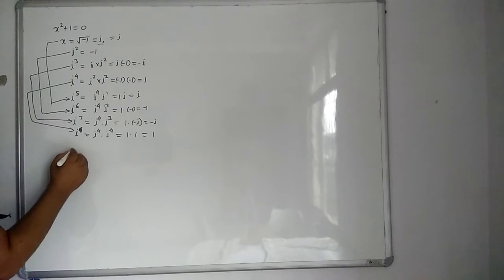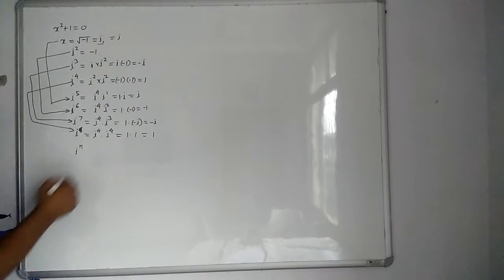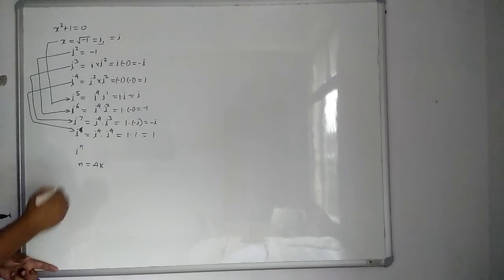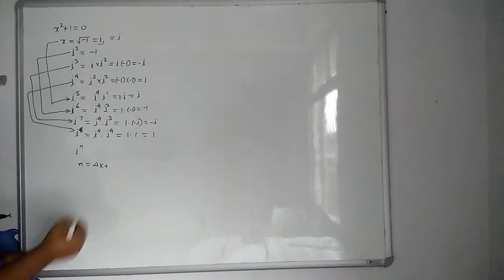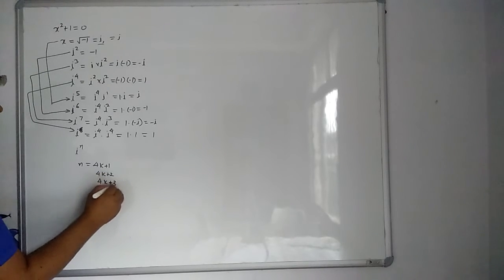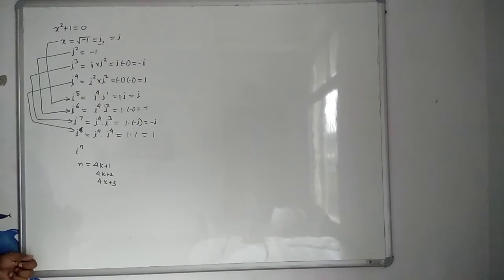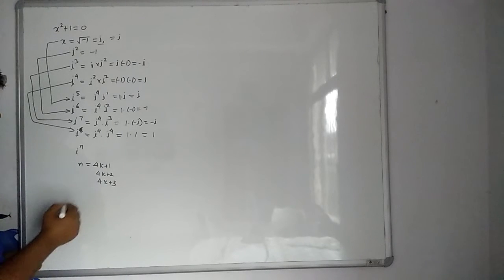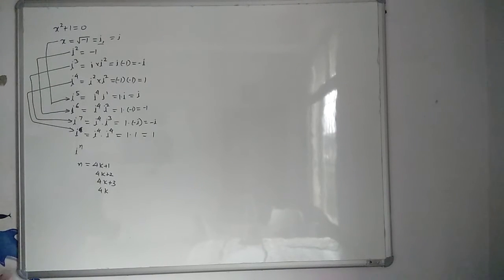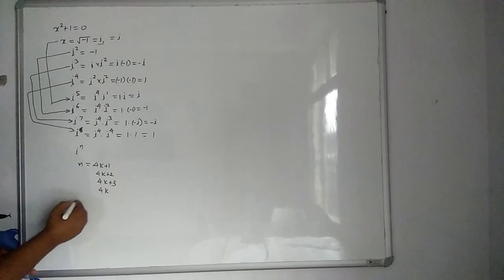So you can find out that if you represent any power of iota, n can be written as 4k plus something. So 4k or 4k plus 1 or 4k plus 2, 4k plus 3. The first case was 4k. So by the division lemma, you have this possibility. If n is an integer, then n can be written as either 4k or 4k plus 1 or 4k plus 2 or 4k plus 3. So in all these cases,